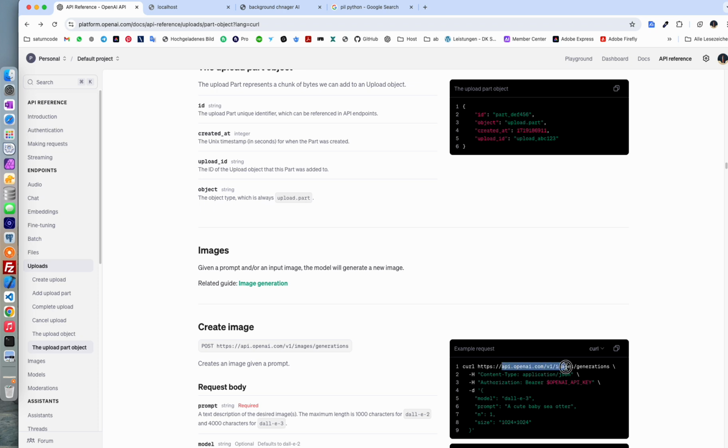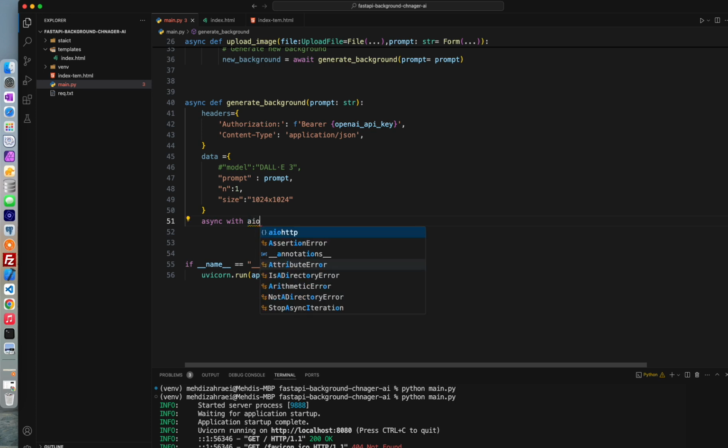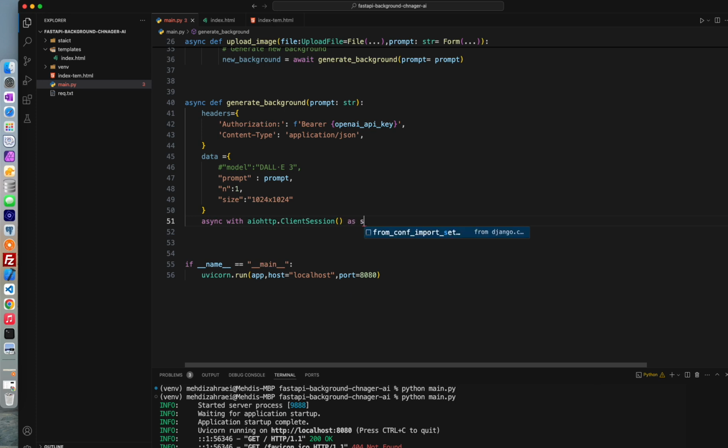We want to call this endpoint to generate new images. I use aiohttp because it's faster than any other that I know. And I say client timeout, client session should be, as I give a name actually, session,